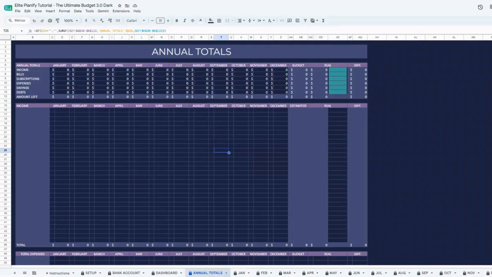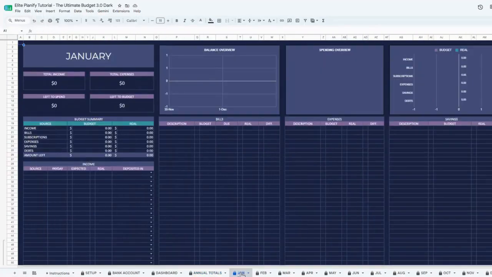Next, let's jump to one of the monthly planner tabs. For this example, we'll use January. Before you begin entering data, make sure all the dates you select belong to the same month. Since we're working in the January planner, all income dates, bill due dates, and other transactions should be set to